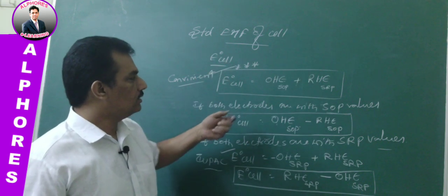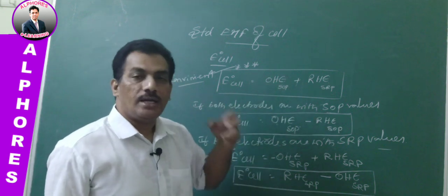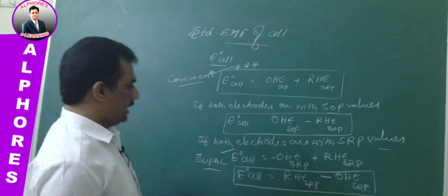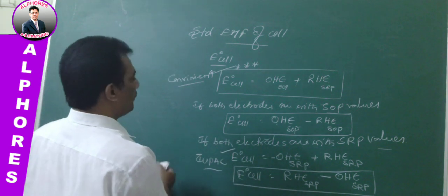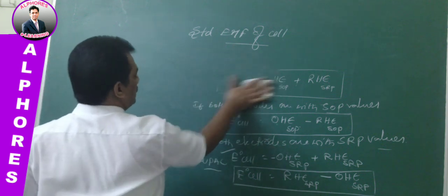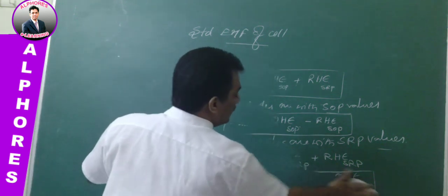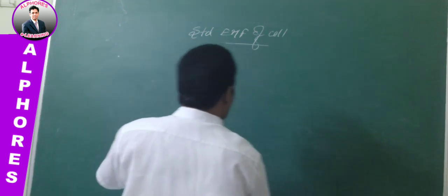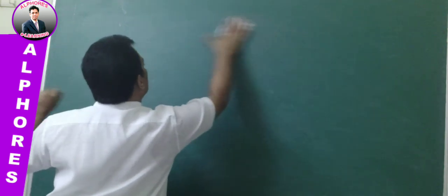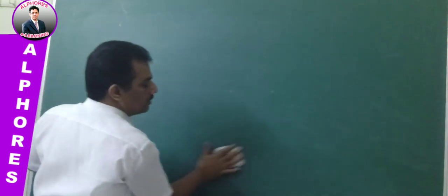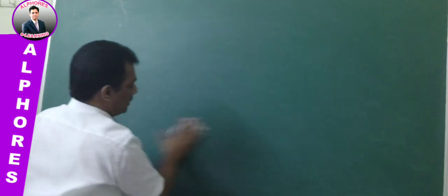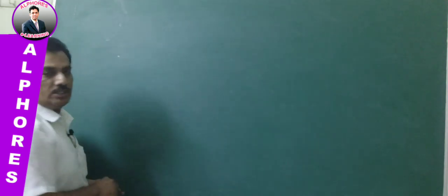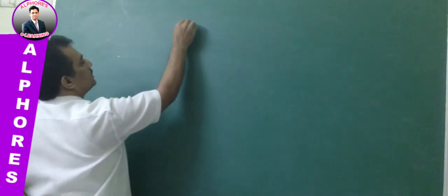But the question is, how can we measure that standard oxidation potential? Here, how to measure? Let me explain that. Here, measuring electrode potentials, that is standard electrode potentials. Because why I am considering standard electrode potential measurement is, in case it is other than standard condition, then electrode potential measurement requires the Nernst equation. This can be done with the help of the Nernst equation. But in case of standard